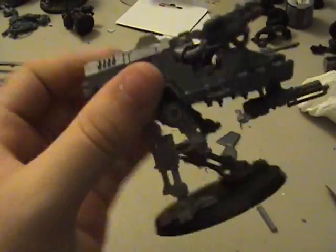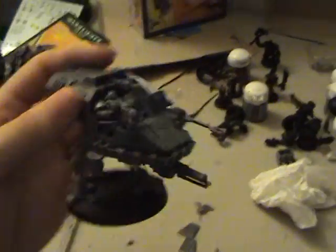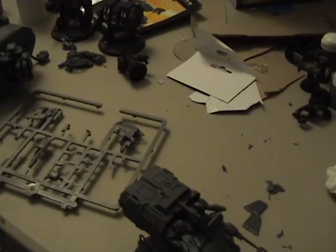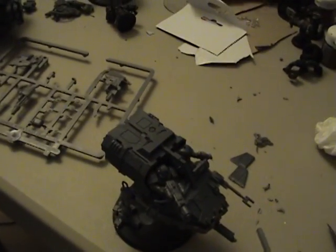But I love this thing. I wish I could paint it, but I can't, because you have to have models unpainted. Or if you have them painted, you have no chance of winning. You can still enter, but you have no chance of winning. I'm sure that's understandable. But anyways,